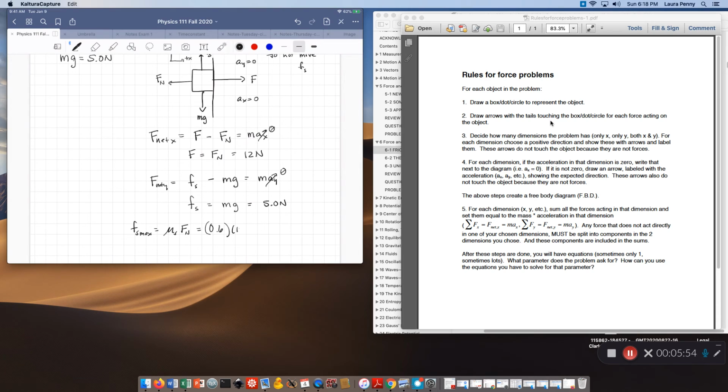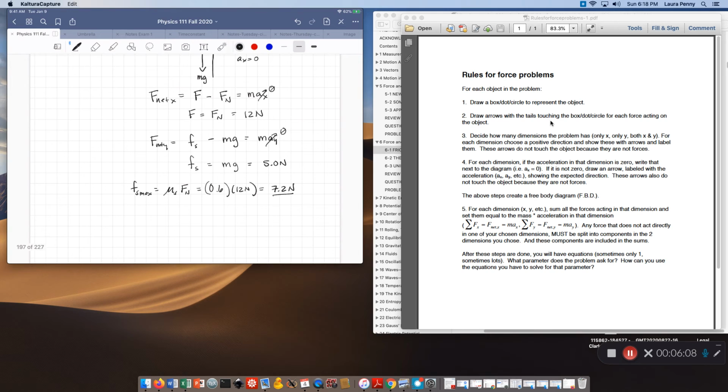And the normal force is 12 newtons. Well, that's only 7.2 newtons. So the maximum that we can get from the static friction is 7.2 newtons. So F sub s can be equal to 5 newtons, and then the block won't move,